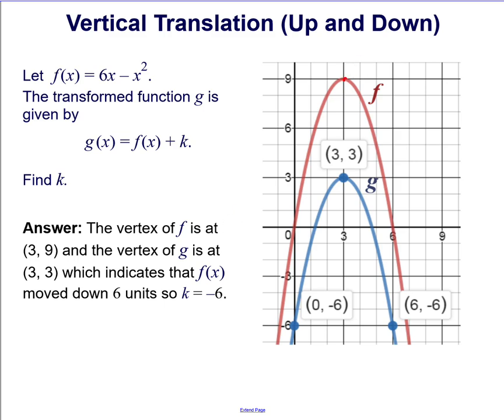Put that in right here. This is the vertex of f, 3, 9. And the vertex of g is at 3, 3 right here. This indicates that f of x has moved down 6 units. Since it moved down 6 units, the value of k is negative 6. So g of x is equal to f of x